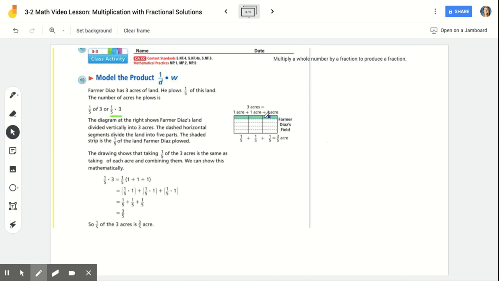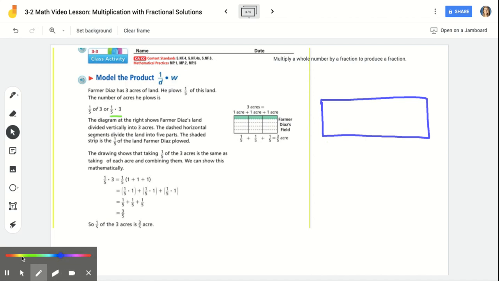So what I'd like you to do is draw out this diagram with me on your whiteboard. So get your whiteboard ready. We're going to draw a rectangle that's fairly long and fairly wide. Okay? And we're going to go back to the problem. How many acres did Farmer Diaz have? He had 3 acres of land, okay? And this whole number in our problem of 1/5 times 3 was 3. So at the very top, I'm going to leave a little space. I want you to write the number 3,